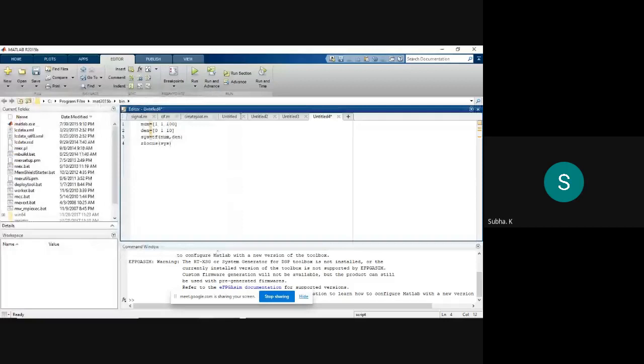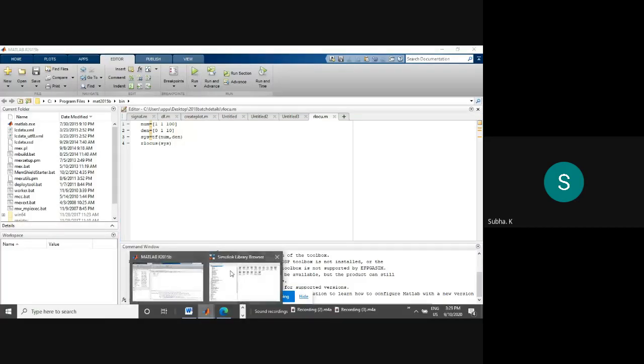Then I have to run as usual. I will get one root locus figure. That's all. That will finish off the experiment, because in the experiment title they have given it as root locus of the level tank. So for that purpose you have to finish the experiment by drawing the root locus. I am pressing the run button. One figure will open if all the syntax is correct. In case the syntax is wrong, the error will pop up in the command window. I think there is no error as of now.